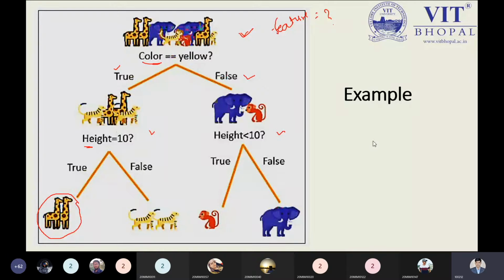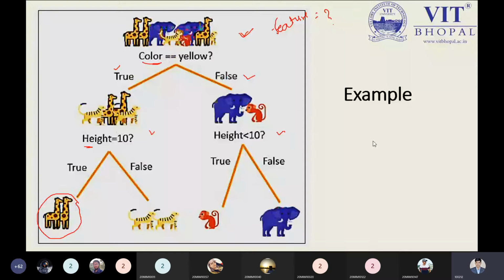One is based on the color, that is yellow. If it is true, then the animal will go into the left side. That is the point you must keep in mind: when we have any outcome followed by true, it comes into the left side only, and the false outcome comes to the right side. That is the simple meaning you have to understand. That's the only logic.